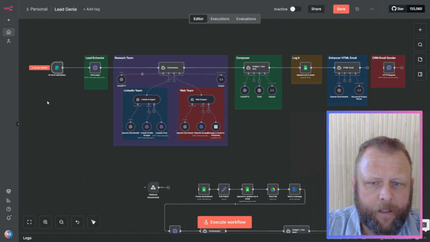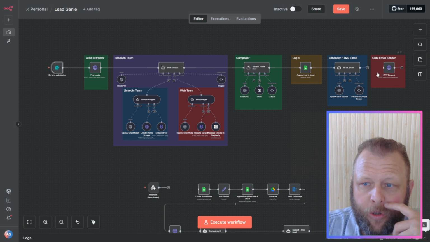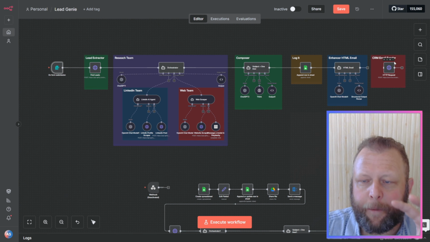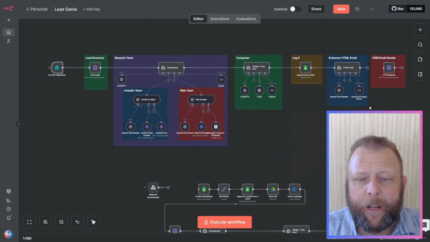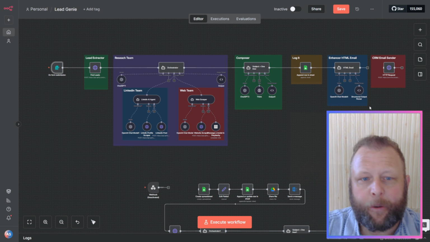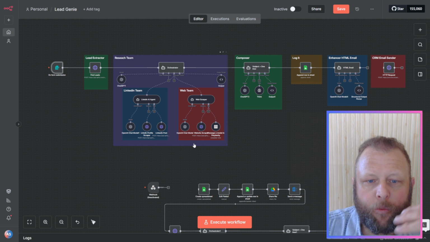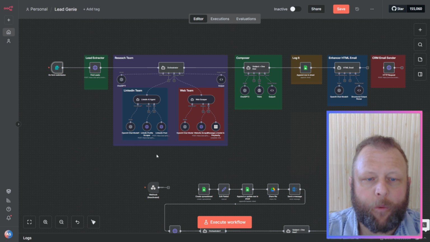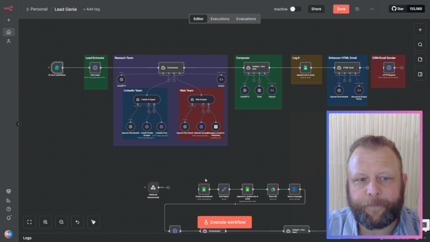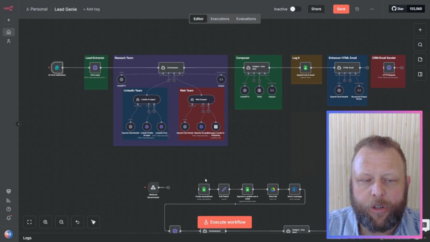So I was going to go through it quickly. I just disconnected the CRM system because I don't want to go start scraping and adding people into Go High Level, and we'll go through how this works as well. Really, really customizable, really editable, so you can make it your own, make it your environment, and we'll go through all of it and you'll have a really good understanding of it. And again, if you're a bit more advanced and you just want the workflow, just head it over. But you need to have a bit of understanding, especially what's happening here. So I'll go through the execution of it, and then we'll go through each module by itself so you